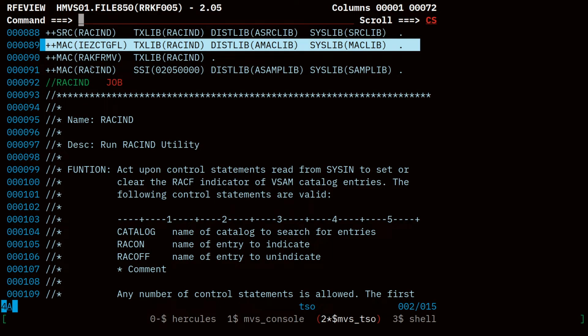So we are going to need to get a copy of the IEZCTGPL macro definition and add that to the system. And that will allow the RAKF utility to assemble cleanly, and we'll get a working copy of the RAKF utility. So that's good. That's fine. But the other problem is this